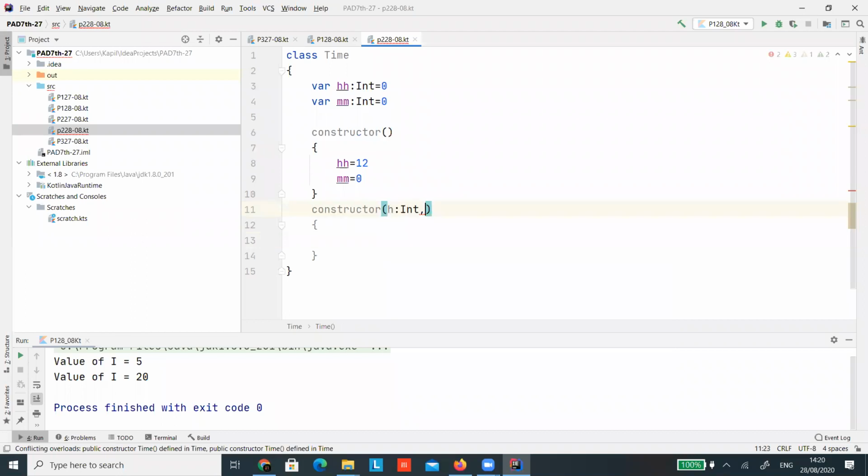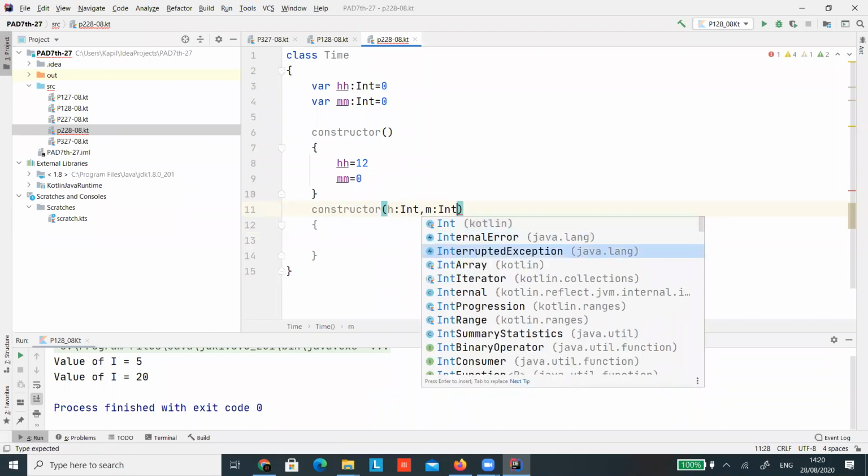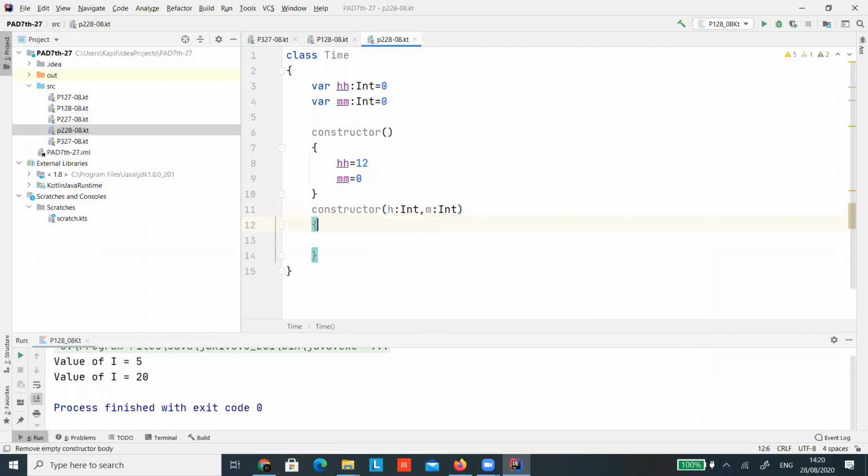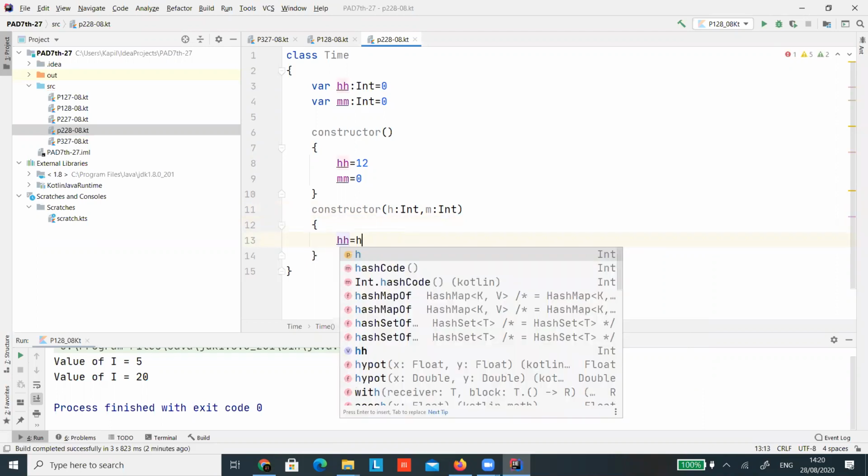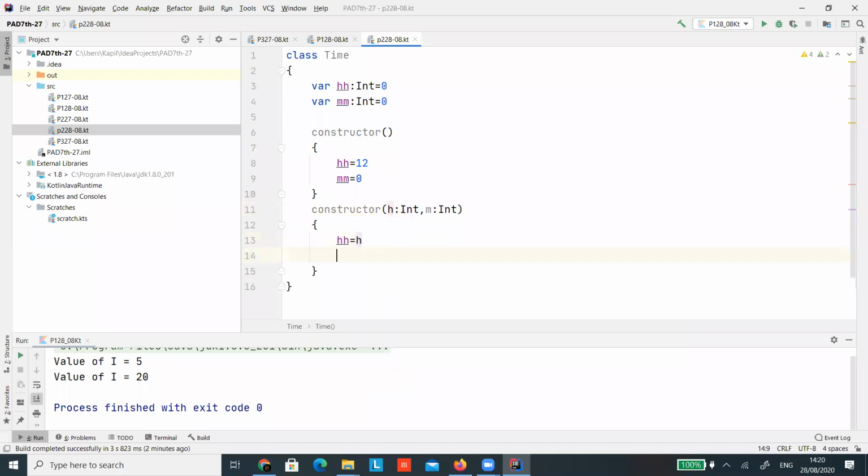This is a parameterized constructor, where HH equal to H and M equal to M. So the hour value is given to be hour and the minute value will be provided to minute.